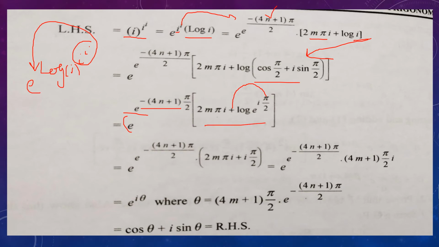Now we will multiply these two equations. First of all, take iota common from here. On simplifying, we get this one. So you have to put all this expression as theta. It becomes e raised to iota theta, where theta is given like this. I can write it like this: cos theta plus iota sin theta, where theta is this thing. This is a very important question from the examination point of view, because we can't solve it further. It is e raised to power e raised.